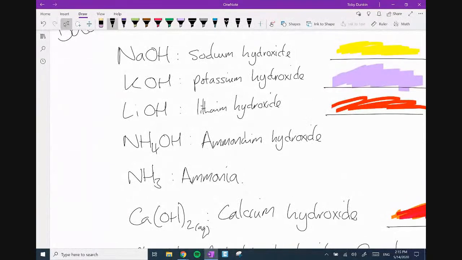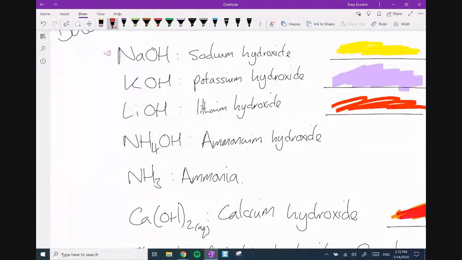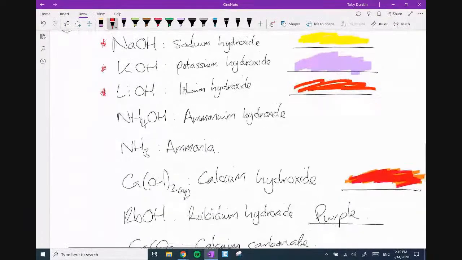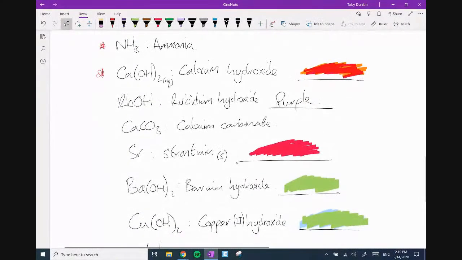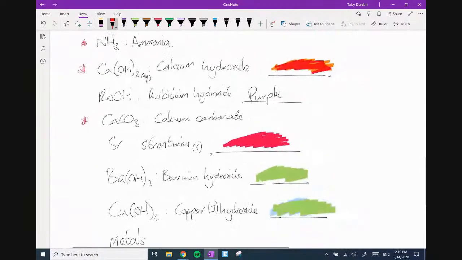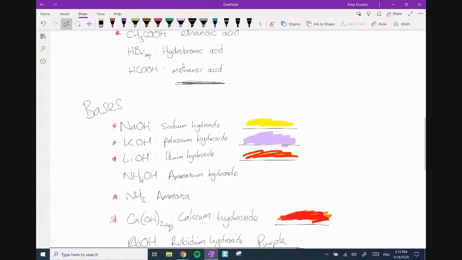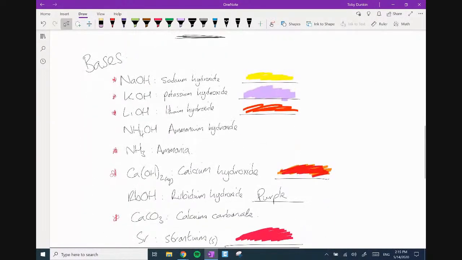Anyway, moving on. So, bases to learn, folks. Let's star the bases you've got to know. They're easy. They're just group one metals, you just switch them around. Easy pie. Got to know ammonia. Don't really need to know ammonium hydroxide, but it's good to know it. And you need to know calcium carbonate, and that's it. How many acids were there? 5 acids, 6 bases. Got to know them.